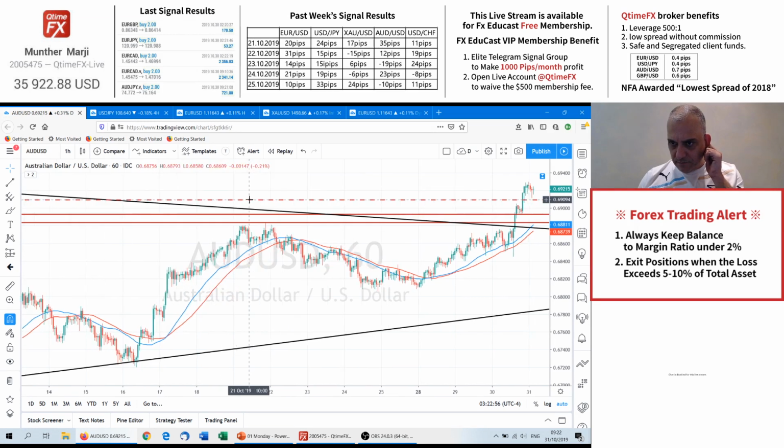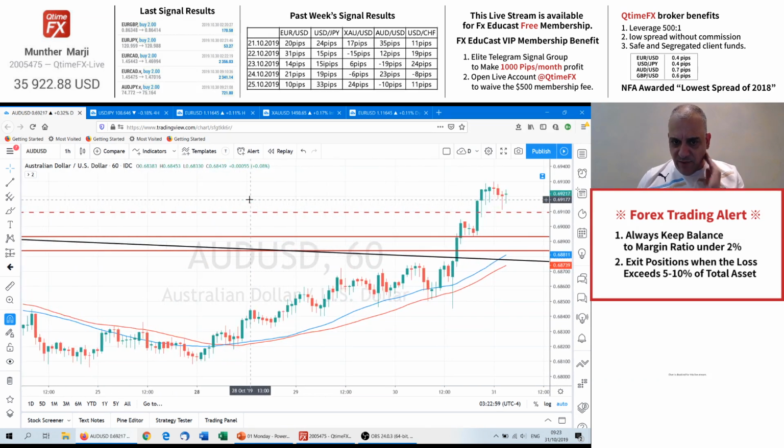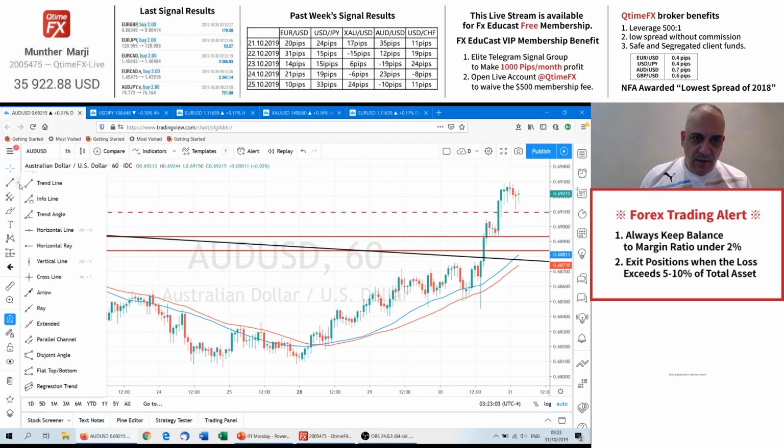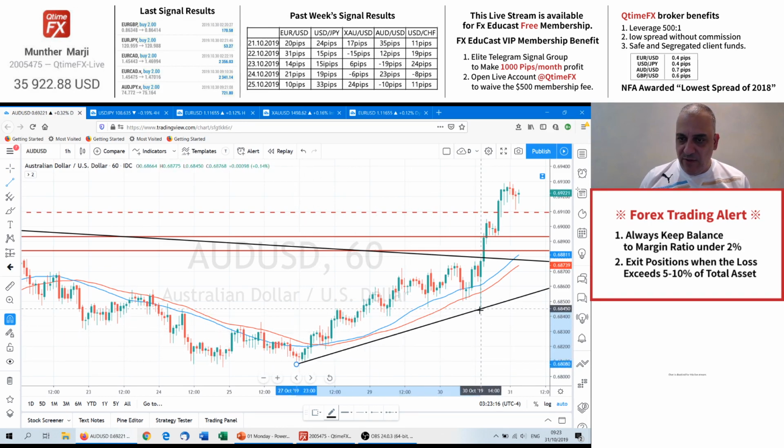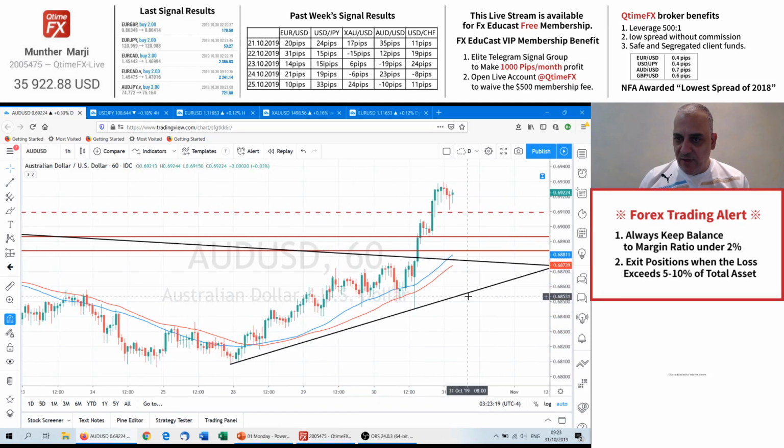Now, with this break, I really believe that going back below this area here between the 80s and the 90s should be enough for us to close our position. You may use also a trend line from the lowest price seen this week up, and as you can see, this trend line is now a little bit below, not just a little bit, almost 25 to 30 pips below the bottom of this area, and that is why, of course, we need to respect this as well. So for the time being, let's just keep our stop not only below this support area, but also below the rising trend line. The rising trend line is currently running at